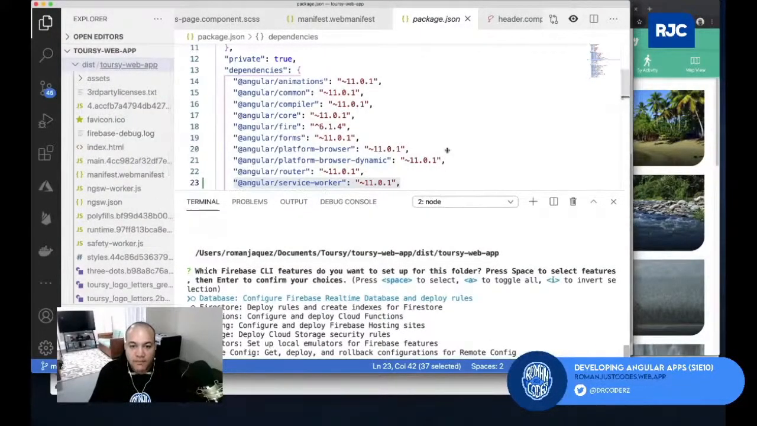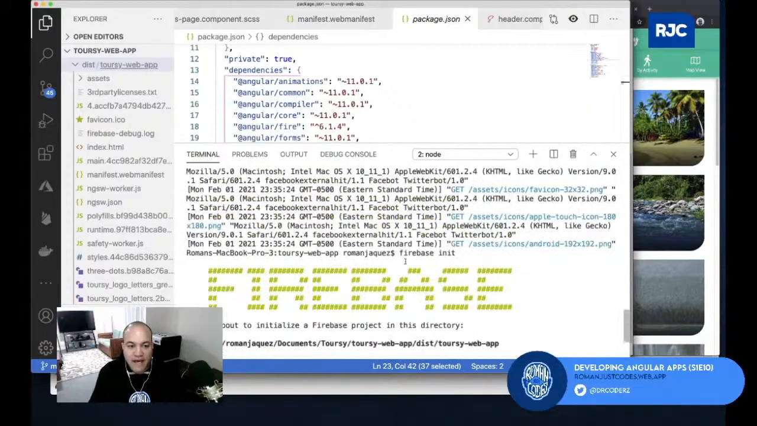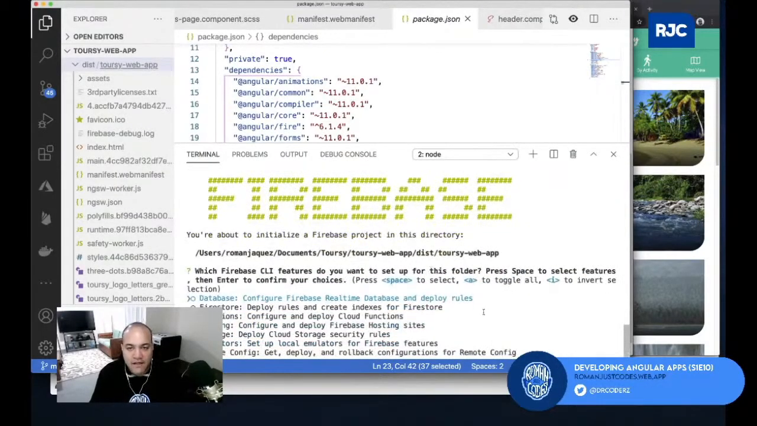It gives you a couple of options, and immediately when you do that, you see a bunch of command line options. Which Firebase CLI feature do you want to set up? You use the arrow keys on your keyboard to navigate. We want to do hosting. You can do database, Firestore, functions, hosting, storage, emulators, remote config, and so on. We want hosting, so you select that with the arrow keys,